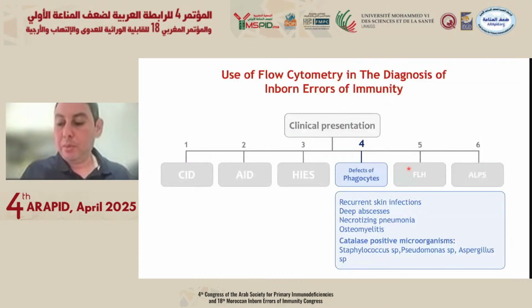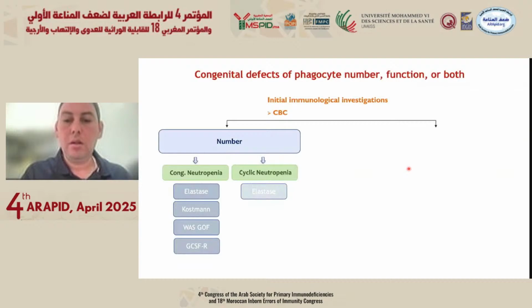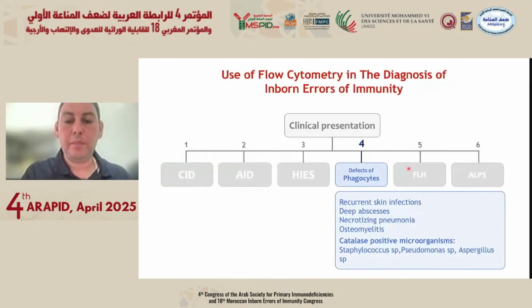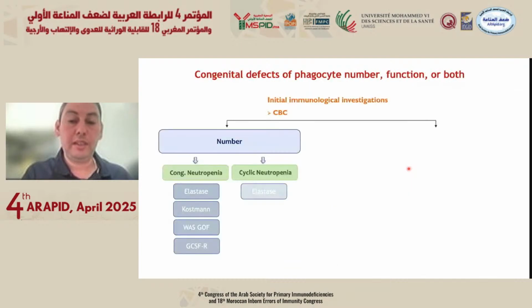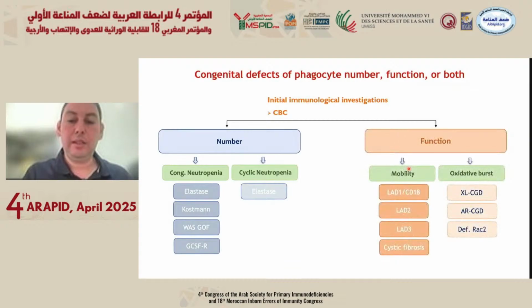Je pense qu'il ne me reste pas beaucoup de temps, mais au moins 5 minutes pour dérouler un petit peu les autres scénarios cliniques, notamment celui d'un patient qui présente des abcès récurrents qui évoquent un déficit en cellules phagocytaires. On commence par la numération sanguine pour s'assurer qu'il n'y a pas de neutropénie, et c'est le cas. On peut explorer deux déficits fonctionnels des neutrophiles, à savoir le LAD, qui est un déficit d'adhésion leucocytaire, ou alors